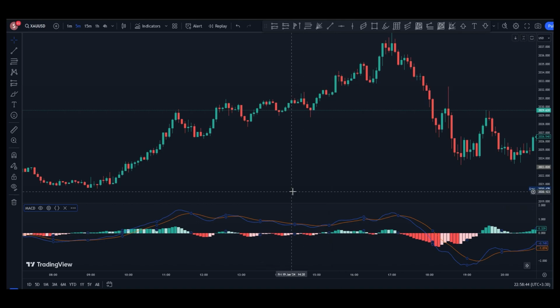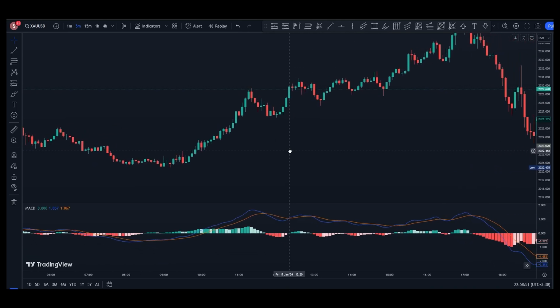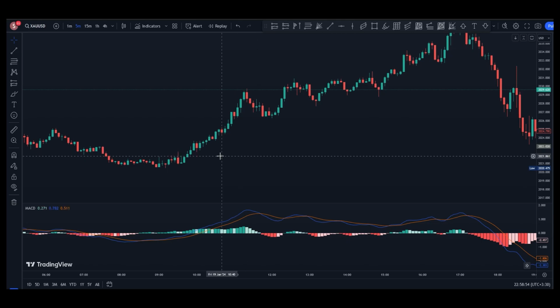Well, let's see if we can have any strategy here. As you see, we have the London session around here, and one strategy is if the blue one, the MACD line, is above the signal line here, the orange one, and both of these or only the MACD is above our histogram middle line, you can enter for the buy. You can enter here,